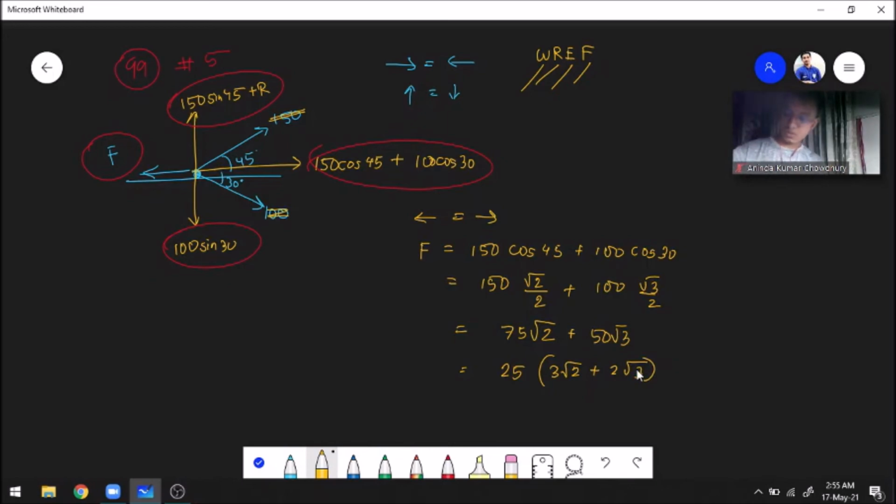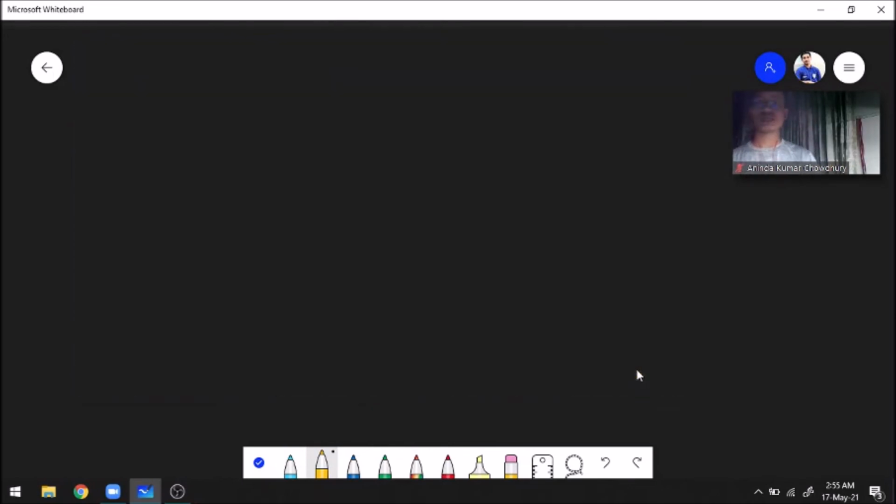So now we're going to do number 9 of page number 100. This is basically the math which contains most of the concepts that we have learned in this chapter. So try to concentrate on this math very carefully. So this is page number 100.